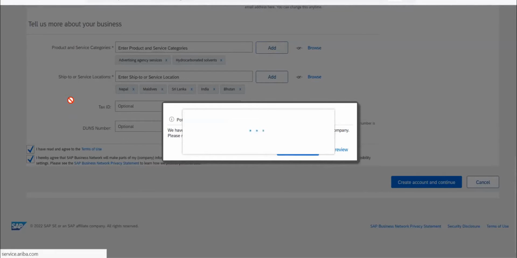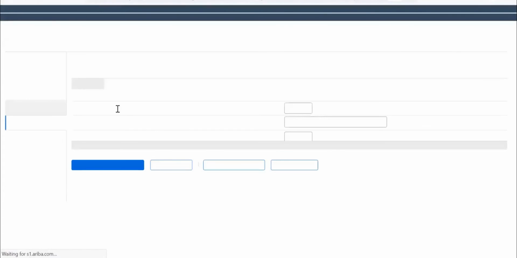Okay, yes, and he completed. He created an account. You can see on the top it is showing, go back to Madame Curie dashboard. So that means a relationship has already been established between this vendor and this vendor, but this